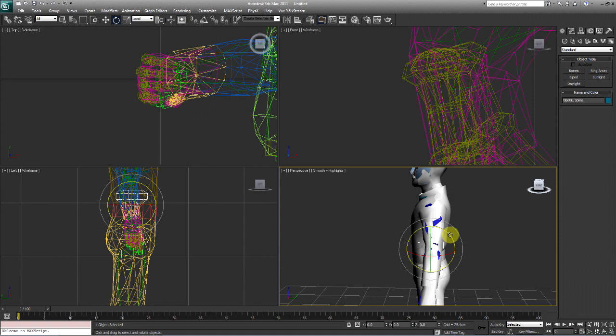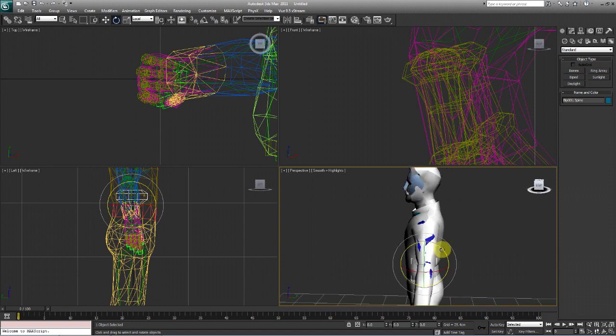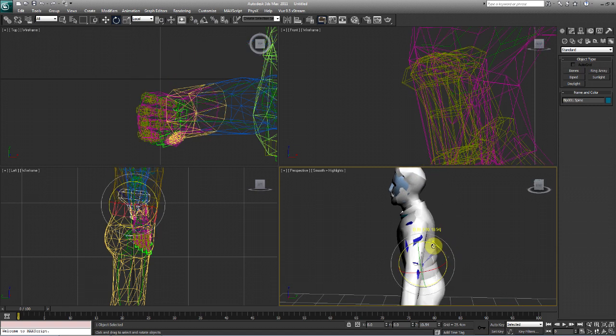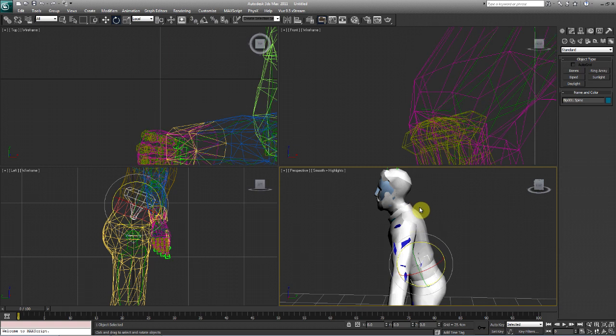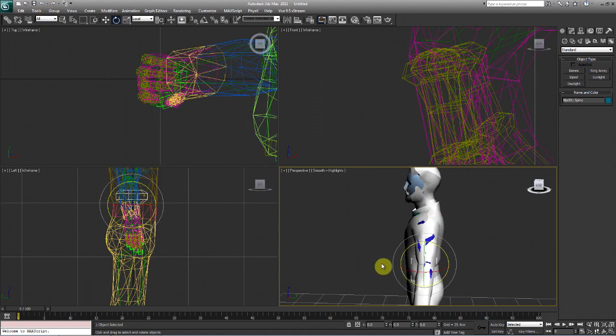So say it's not happening. It may not happen because it's a lower end model. But say, for example, the tip of this collar right here. Let's say the tip of this collar, when I move his body, it's dragging out. Maybe some of you are experiencing it right now, but it's completely deformed. It's like stretching. It looks like something's holding a piece of clothing and it's just stretching. Now, this is where it starts coming into play.